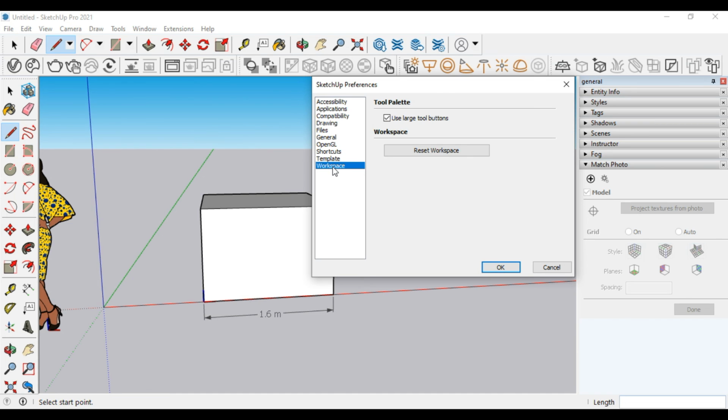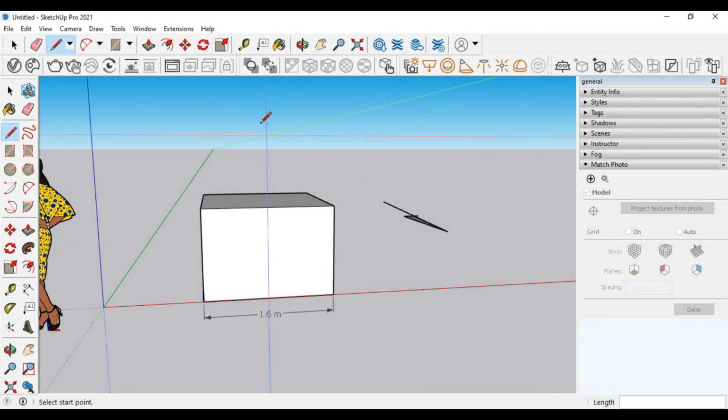So again, it is the workspace. See here, this is my workspace. Whatever model information I have shown you people, that is your workspace. So now I am using the large toolbar buttons. So it has been selected over here, so it is showing large toolbar. If you want to reset all the workspace, you just hit the button over here, so it is going to reset all your things, right? The next one is,